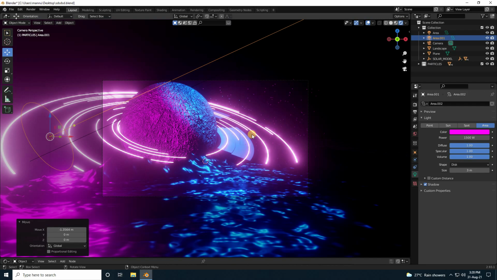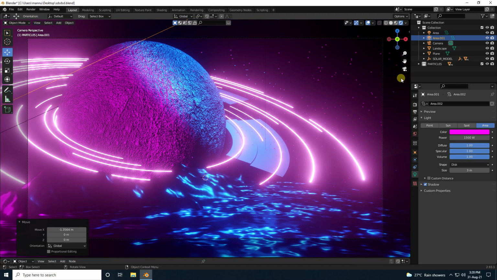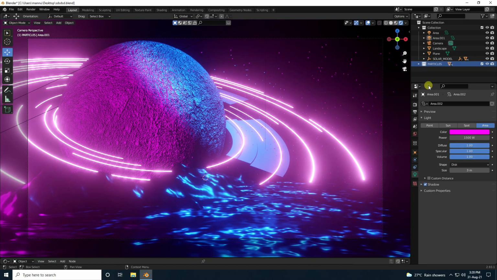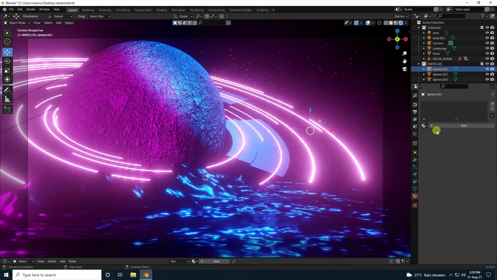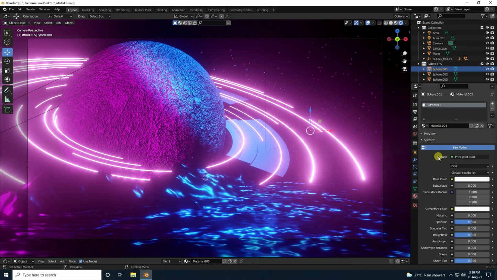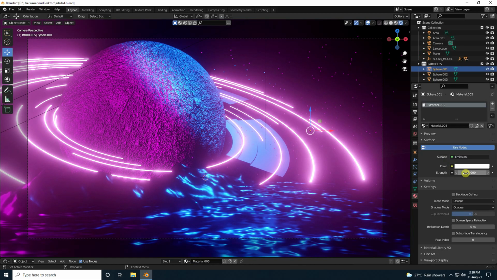Okay guys, now next one, I apply material for this one, particles. So guys, select this first one and create new material. That's my particle, and apply emission material. And guys, strength I like 20.